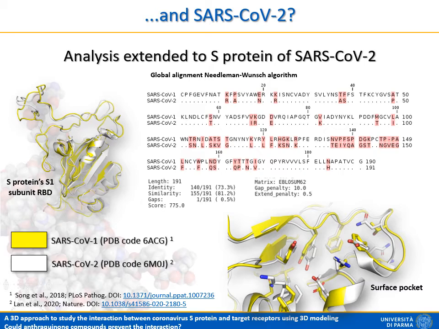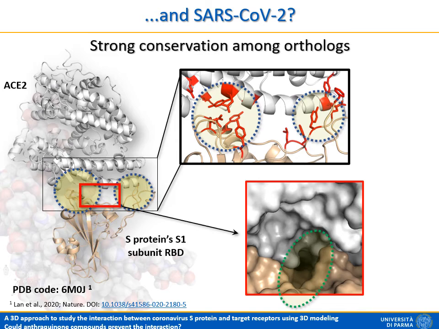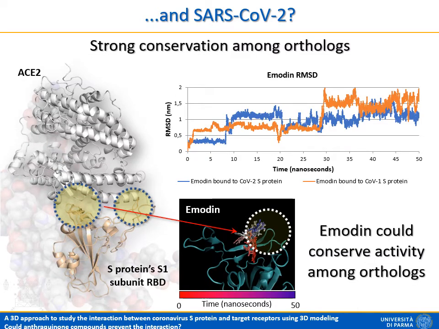Let's say the spike protein of the old coronavirus and the spike protein of the new coronavirus, and we were not surprised to see how they are similar in terms of protein sequence, but also similar in terms of protein organization. Also, specifically in terms of the surface pocket, we ran the same analysis you saw for the spike protein of the old coronavirus. Also in the case of the new coronavirus, we saw the two key regions important for the protein-protein complex stabilization. We saw the same surface pocket, and we ran, of course, a molecular dynamics simulation.